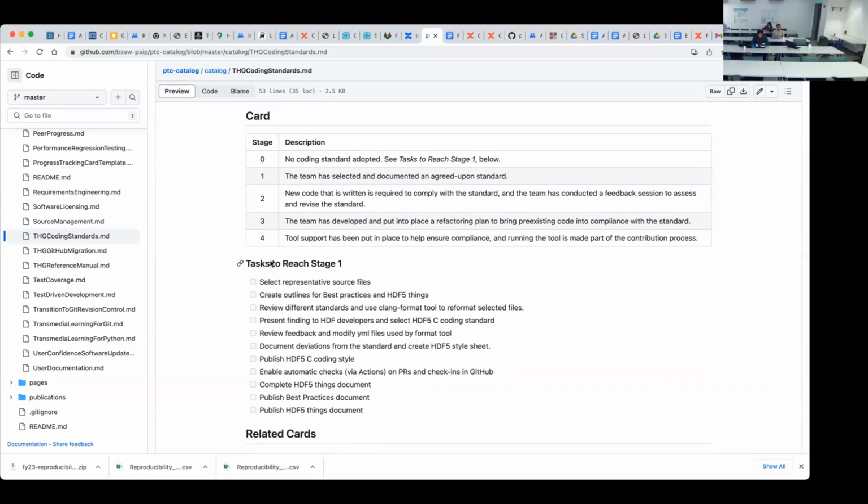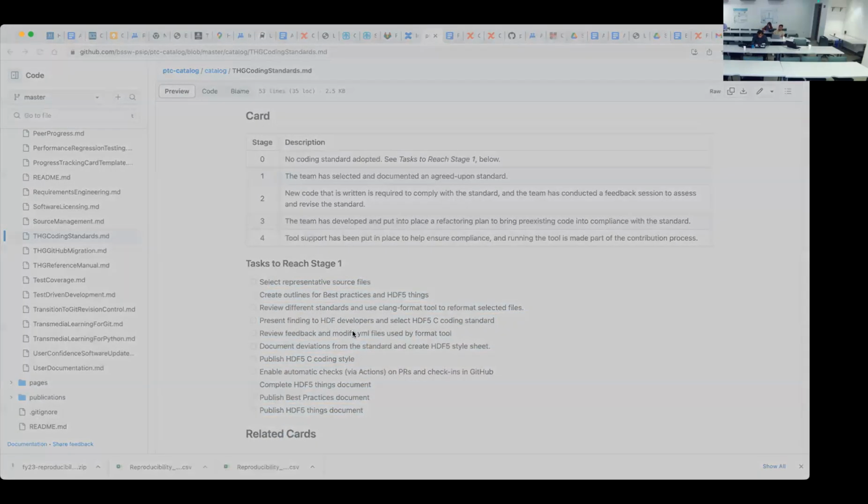So when they did that, they gave us some examples here. For step one, they came up with a whole list of technical details for how they were going to reach that, right? And there are many, many examples of this. What ends up happening is that every single card tends to be unique for a particular team, right? That's why it's a little bit different from a CMMI-like process. I also have my CMMI Bible I can teach from, but all of those tend to be very explicit and